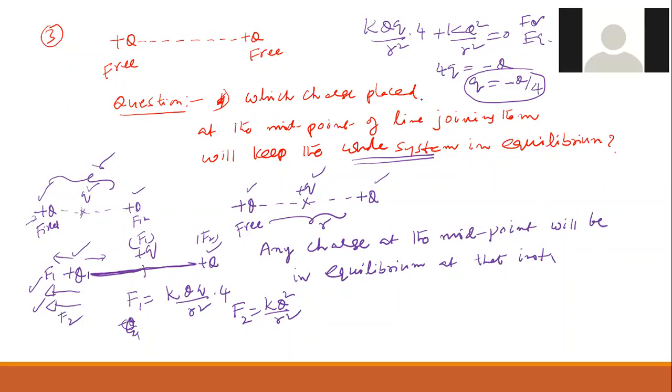Sir, understood, sir. Sai, can you tell me what did you understand? Summarize. What is the summary of this question? Sir, to find the point of charge where it is in equilibrium, sir. That r/2 we already know. That's why I did not find out.